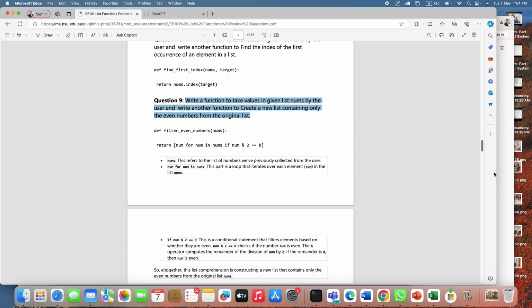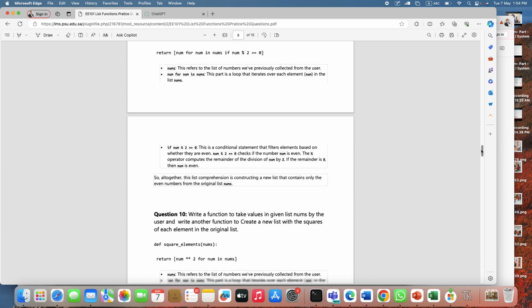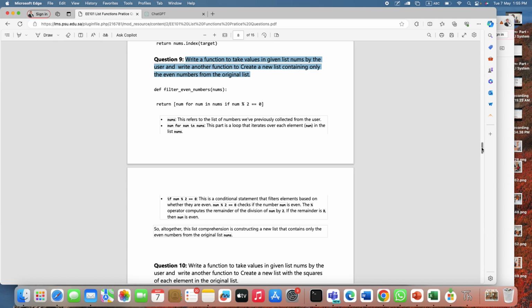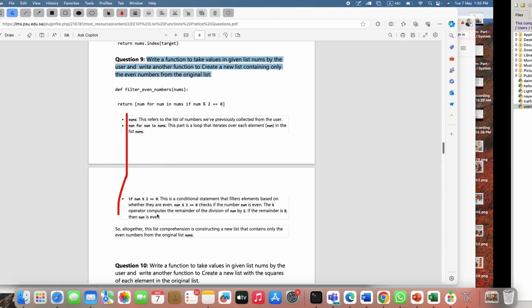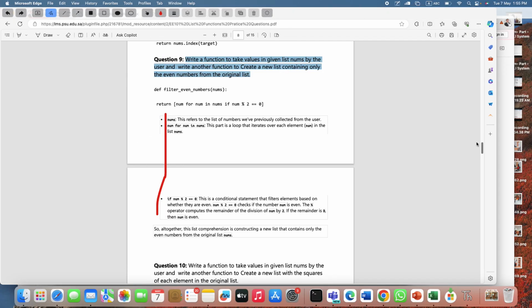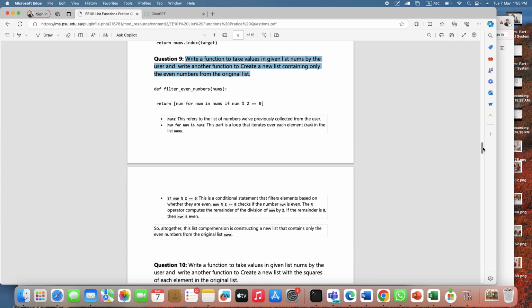Okay, question number 10. What is the question number 10? By the way, here I explained what happens there, right? If you want to learn more, it's here. I'll give you this with this. So what is the next one then? Question number 10 is about